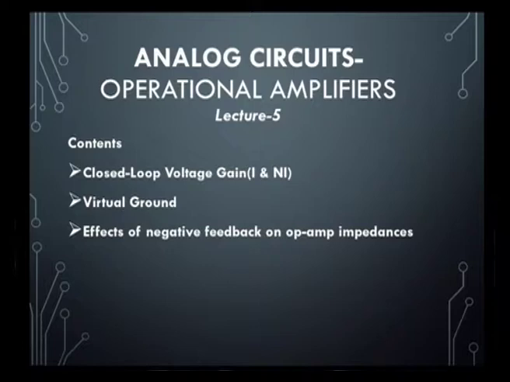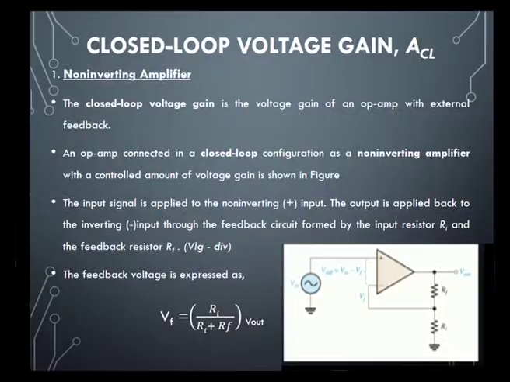So, for the closed loop voltage gain of a non-inverting amplifier, first we need to know about the non-inverting op-amp. What is a non-inverting op-amp? In the figure you can observe the non-inverting terminal, the positive terminal, is connected to the supply, and the inverting terminal is having a closed loop or negative feedback, and this inverting terminal will be having the Rf and Ri resistors. This is the feedback resistor and this is the Ri resistor. So, this Vf is the feedback voltage.